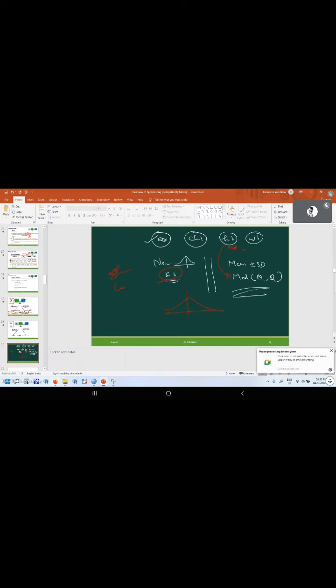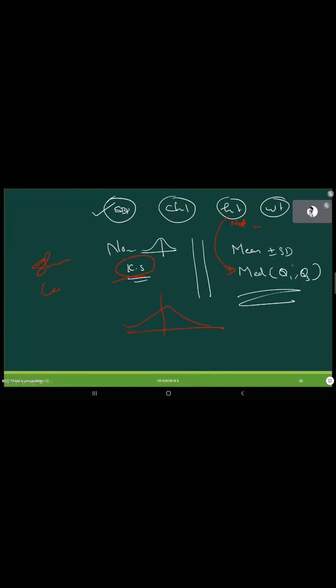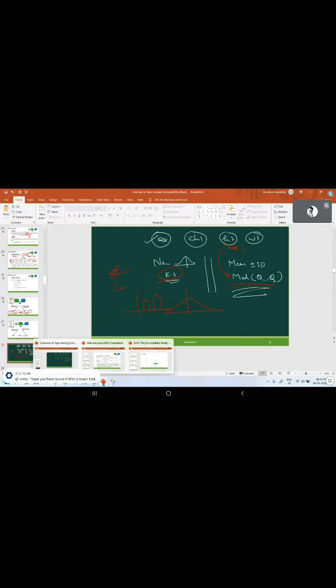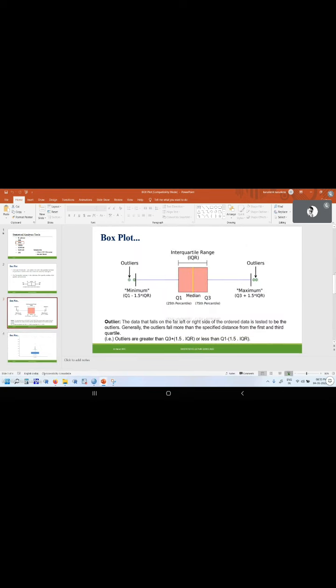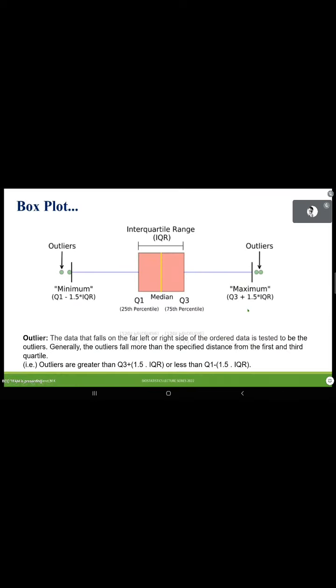Okay, now I want to tell you only one more point. Here we can report the mean and standard deviation, and the graphical representation is a bar diagram. Whenever we report median and interquartile range, there is something known as a box plot. For non-parametric data, median and interquartile range, we usually report like this. The median value is the middle line, and the lower quartile and upper quartile are kept in the form of a box. Then we draw one line to here and one line to here, and the extreme values, outliers, we report like this.